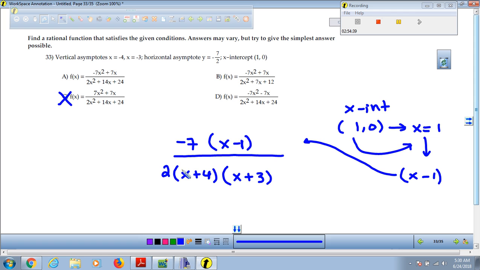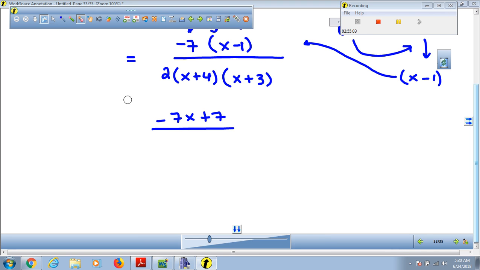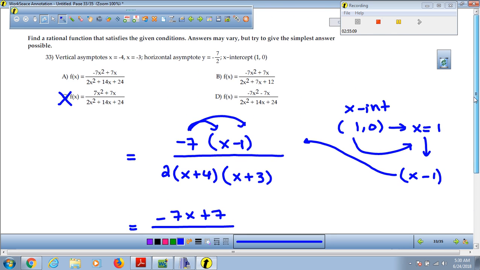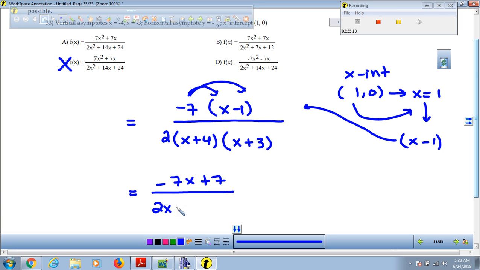That's my x-intercept. Now you may say, nothing from here looks like that. Well, it's because they distributed. They didn't leave this as you see it. So they multiplied this and this and this and this. -7x plus 7. On the denominator, you can do 2 times this, 2 times x, 2x, 2 times 4 is 8, and then